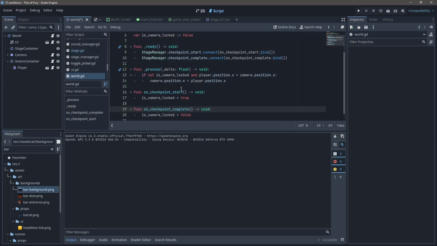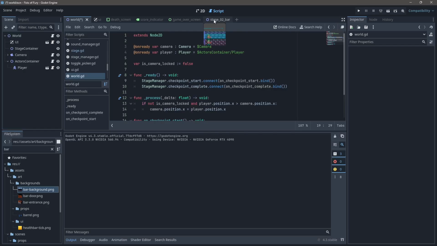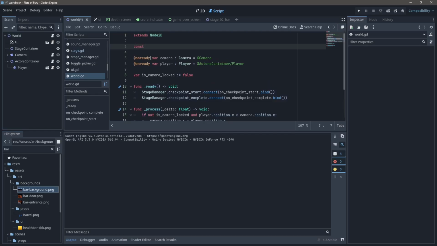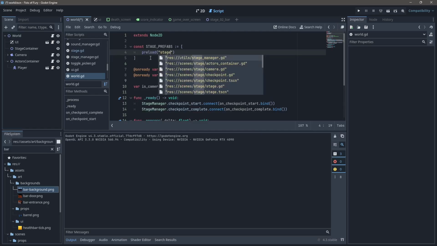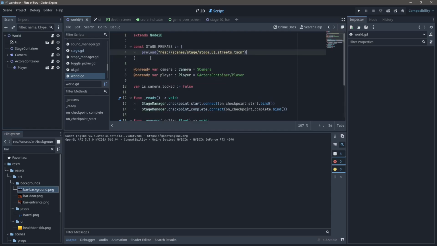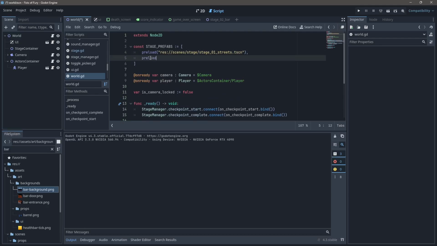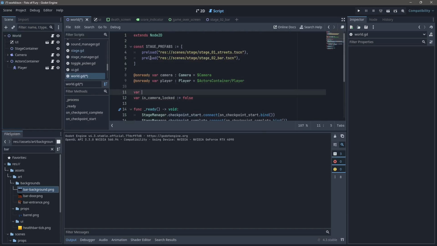Let's hop over into the code. Because we'll want to create instances of both stages, we'll need a reference to those scenes. So let's create, like usual, a const with prefabs. Here, let's preload stage 1. Make sure to preload the scene and not the object and not the code. And let's see, and stage 2 bar. We're going to keep track of which stage we're currently on. So let's have a variable